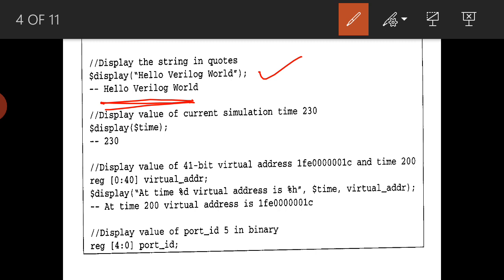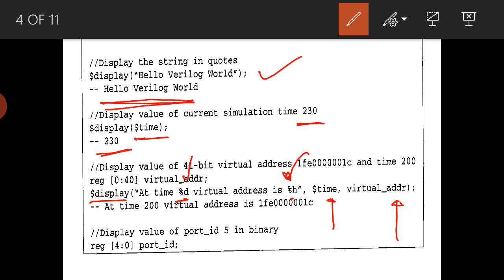Okay, so $display, $time. As I said, $time will give the present simulation time. At present, whatever the simulation time is, that it will display. So if the current time is 2:30, it will display 2:30. Now $display at time %d, the value address %h. This %d is with respect to $time, meaning the time will be displayed in decimal, and virtual address in %h means whatever the virtual address variable is, we are displaying it in hex format.